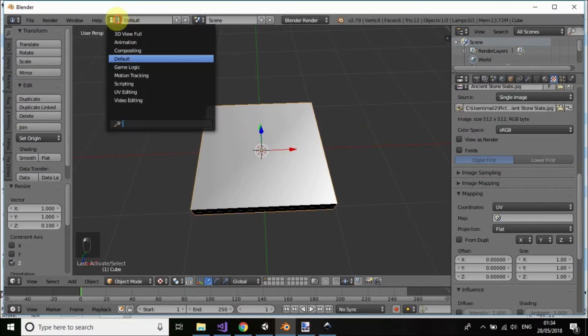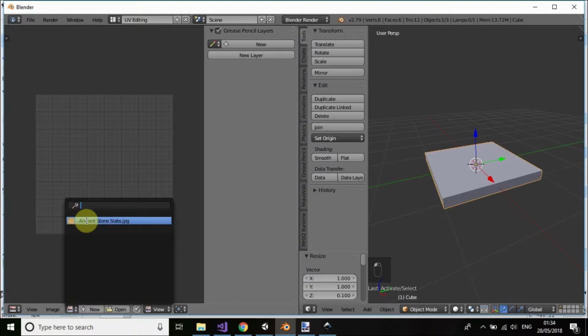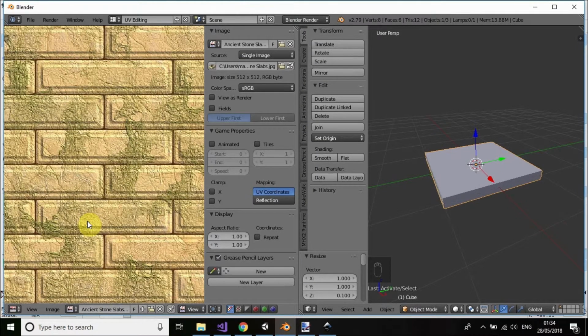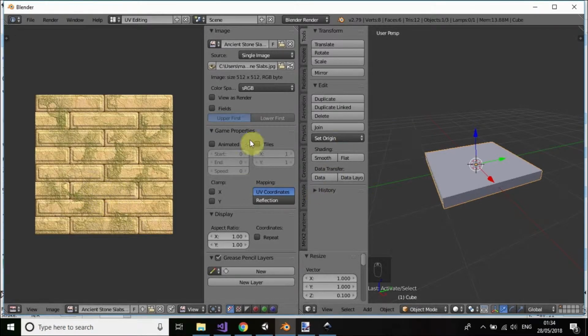Alright, to do that, go to UV editing. You get the left pane with the texture view and the right pane with your 3D object view. Go and select your texture image which you just added to your object. So that's your texture over here. Okay, so click on the 3D view over here, and you need to switch to edit mode. You can do that either by going here or just pressing tab,